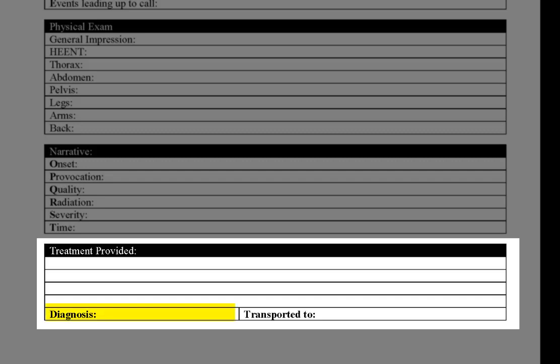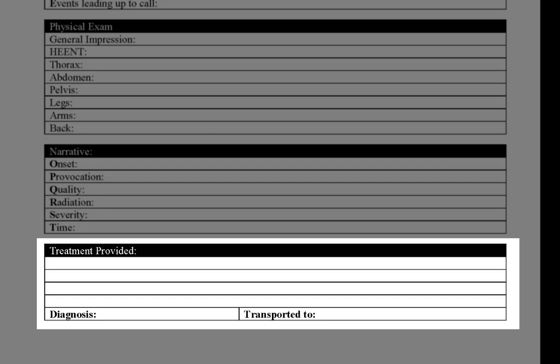The point is for you to learn how to work through the differential process and come to a conclusion about what's wrong with the patient. In order to treat the patient, you need to make a decision about what's wrong with them. Certainly you're learning as you go through this process, so if you need help,